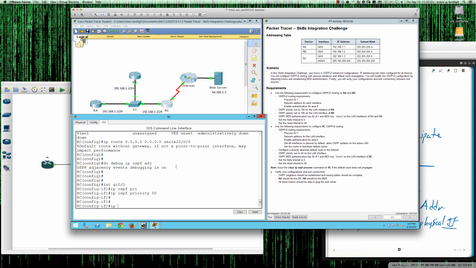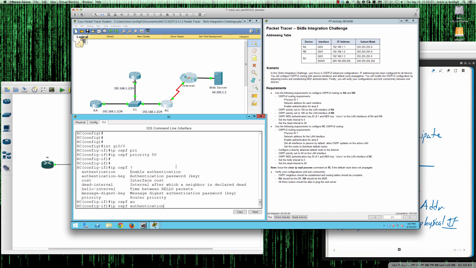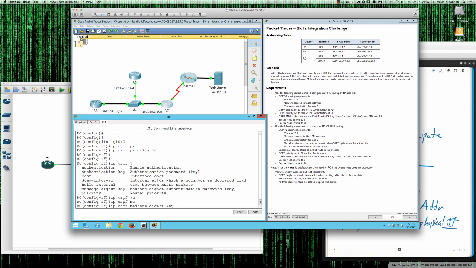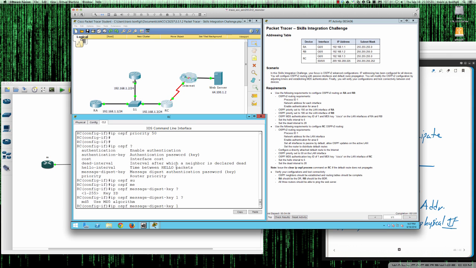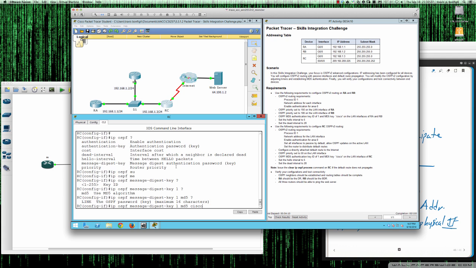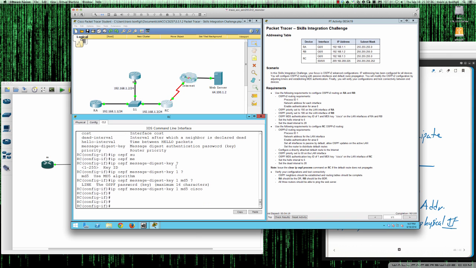So ip ospf priority of 50 on this interface, and then we're going to go ahead and say ip ospf message-digest-key 1 md5, and we're going to use Cisco as the password. So Cisco is the password on the LAN interface, and even with the message digest set correctly, the adjacency with